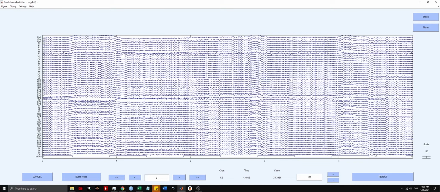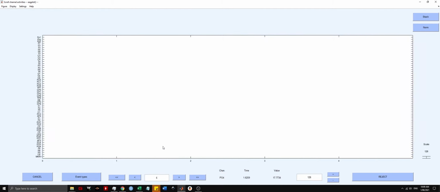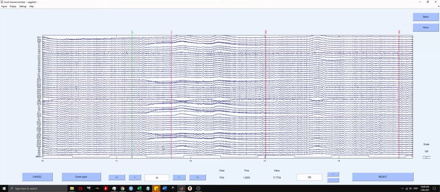One thing you can notice is that all of these traces look quite similar. This is because the EEG has not been properly referenced yet. You can also navigate on the plot by pressing the arrow keys. If you press the right key, it'll go across. And you can notice that we have some event markers here, which tell you when something has happened during the